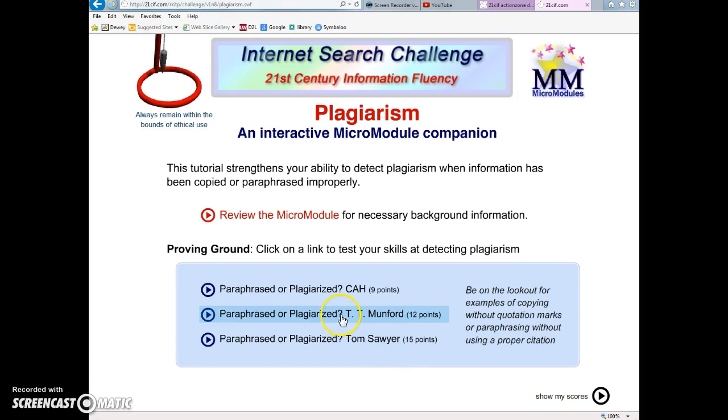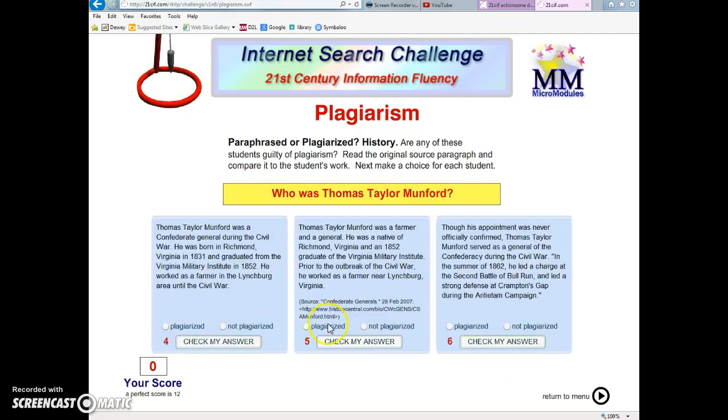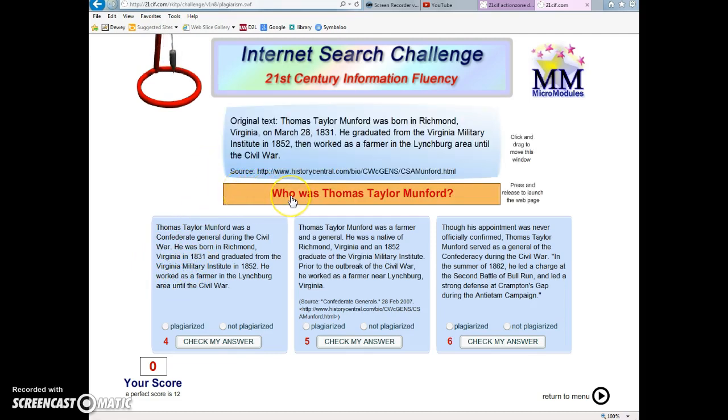On the next level, they're going to raise the points just a little bit. They're also going to make it a little bit trickier. However, the game is set up the same. They have the question. You can click on the question to get the original source, but you can use the original text up here as well. You're going to click plagiarized or not plagiarized, just like the other game. When you're done with this, you're going to move on